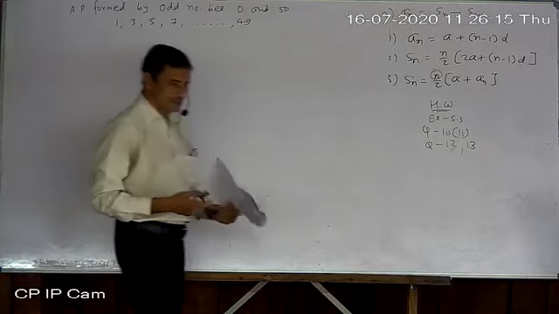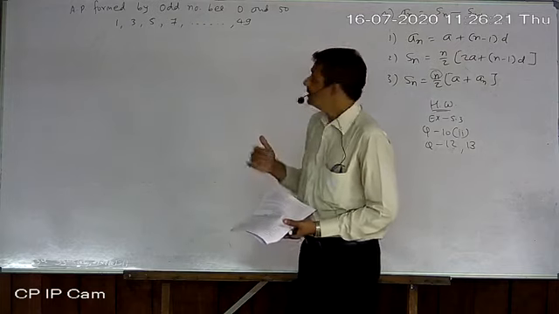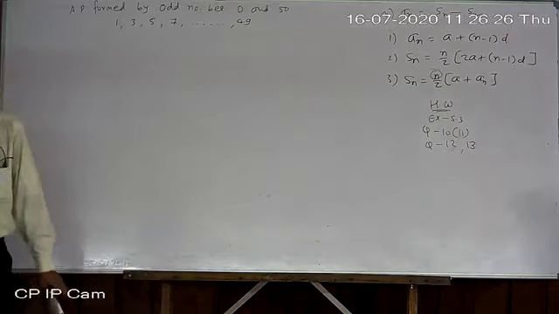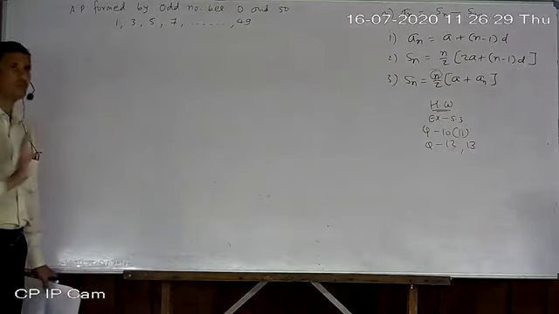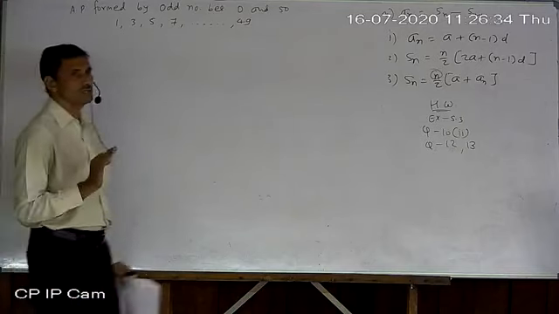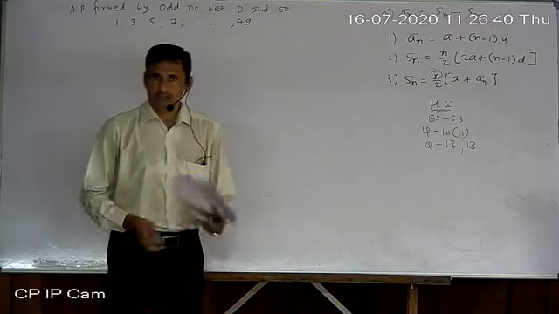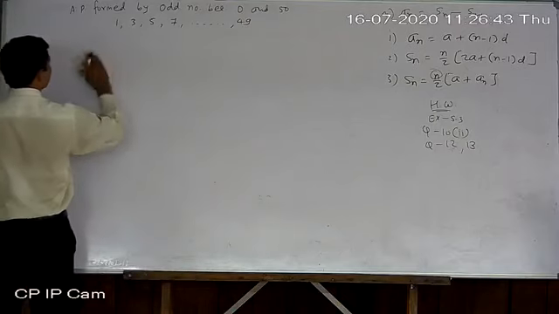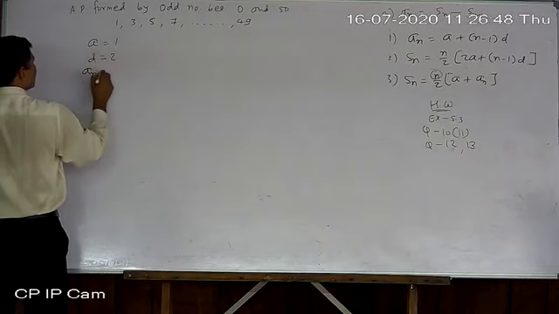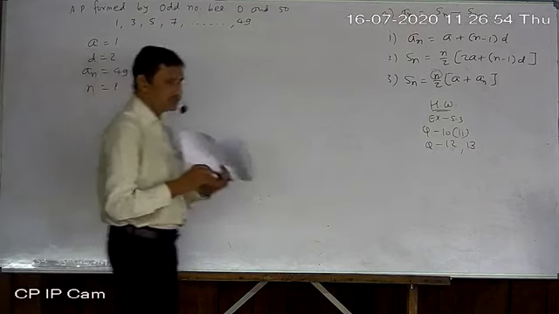Now approximately you can say, out of these numbers, how many may be odd numbers? There will be 25 odd numbers, because starting is odd and ending is also odd, and 24 will be even numbers. But we have to show the calculation of how n equal to 25 comes. So first of all write down a equal to 1, d equal to 2, very simple, last term 49, n we have to find.